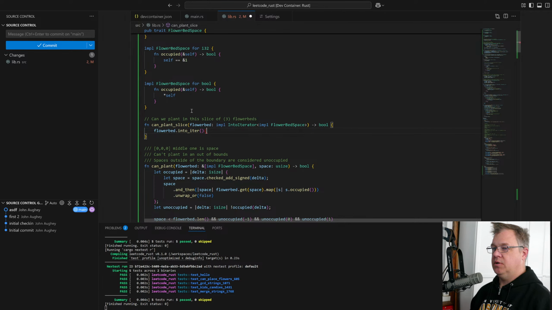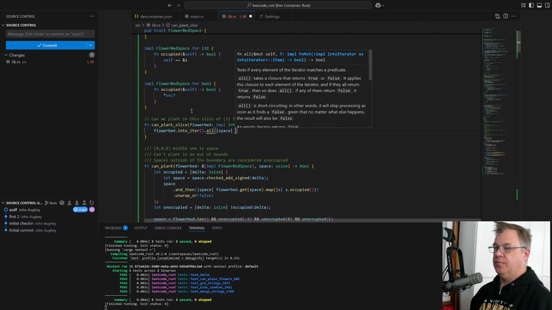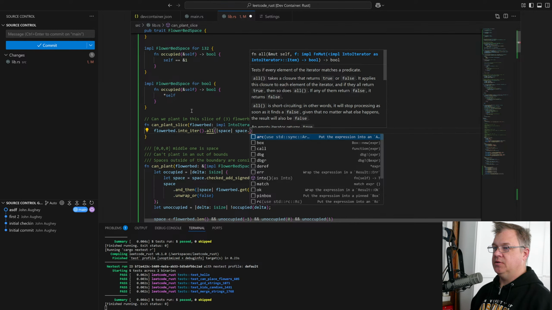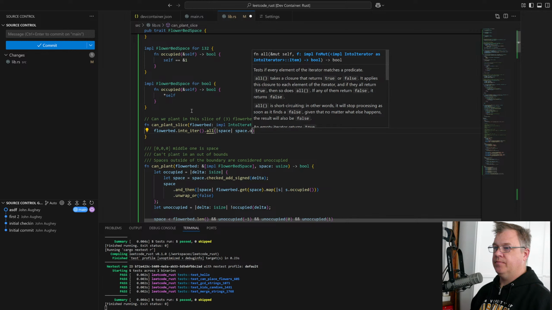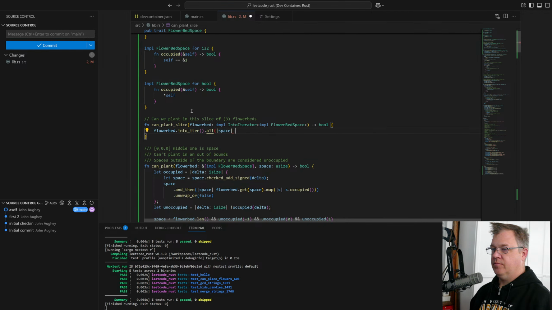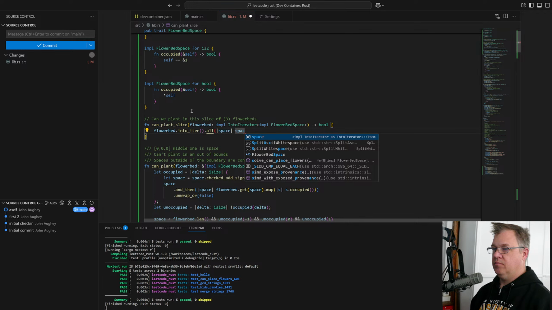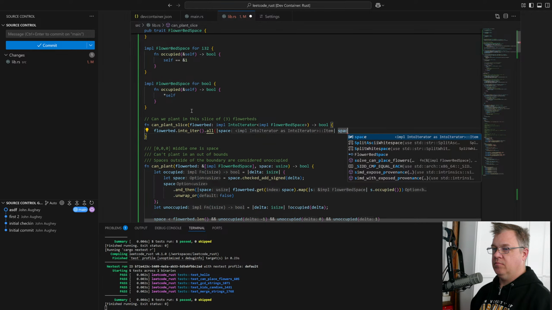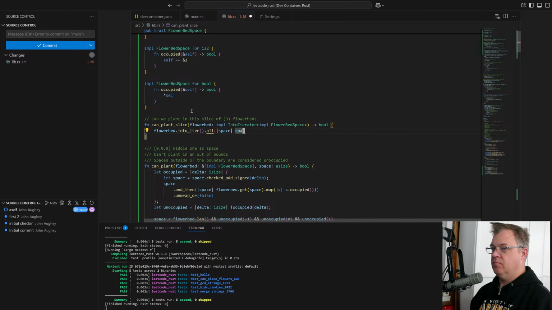Into iter all space is impl. Hold on, I'm parsing this.